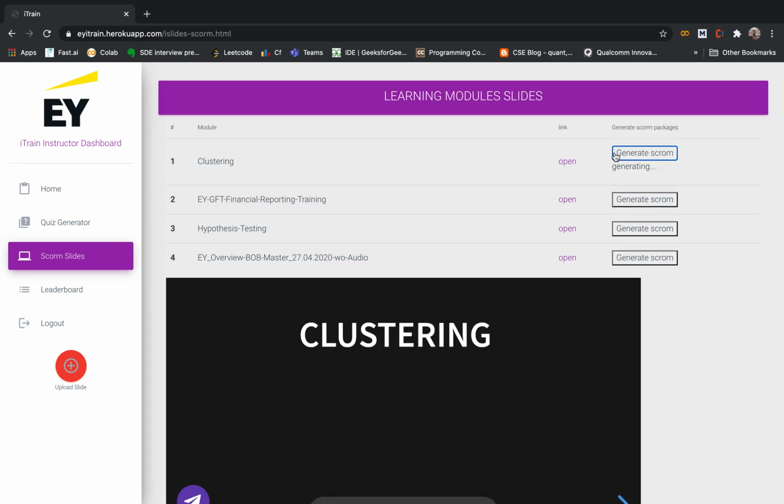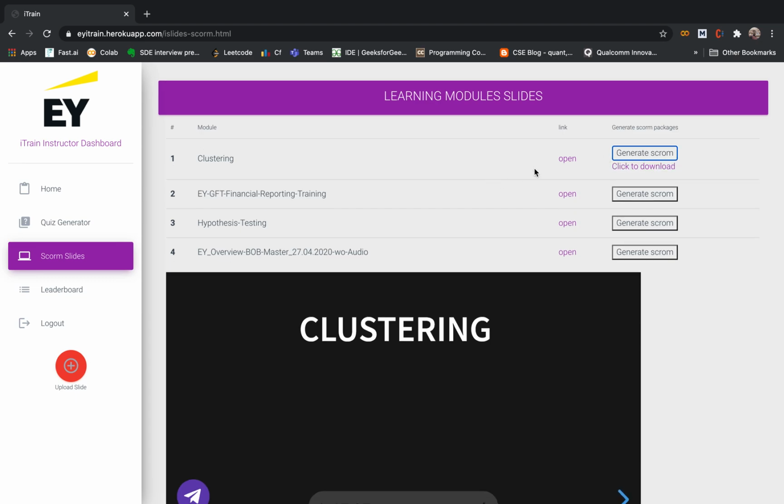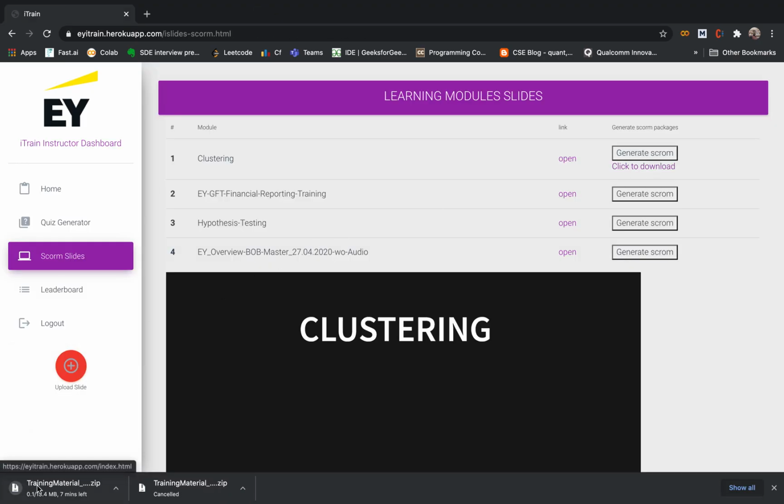Then she can click generate SCORM packages, and she will get a download link. She can simply download this SCORM package, approximately 13.4 MB, which can be taken out from here and put on any LMS present in the world, and the course can be accessed there also.